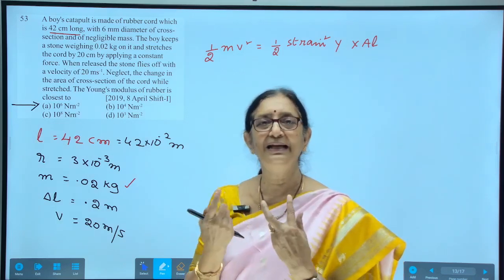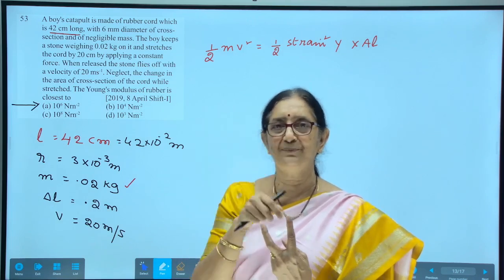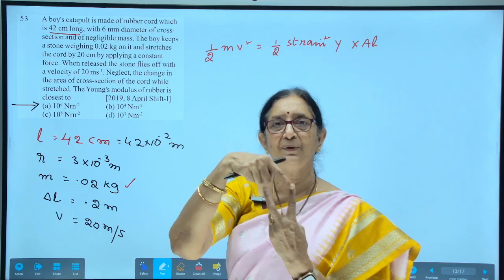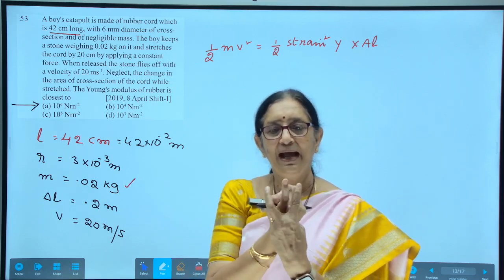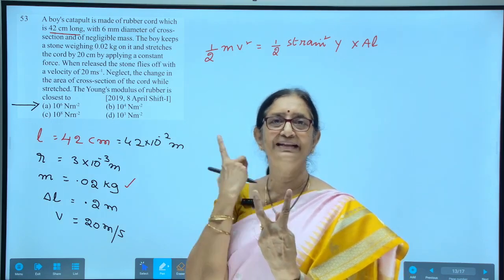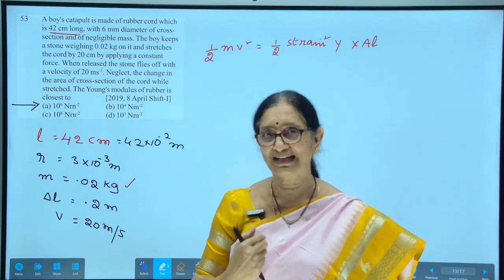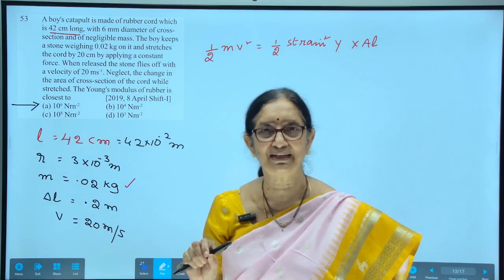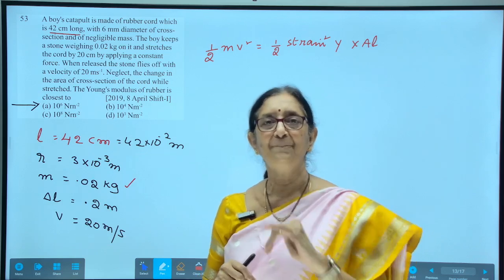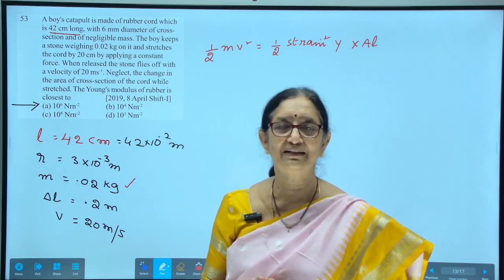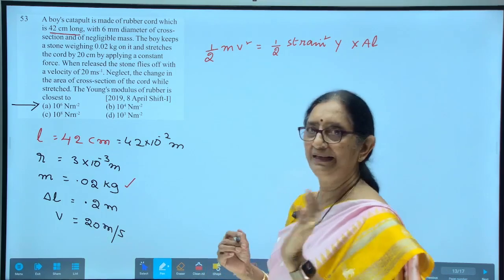So, actually you know the operation of a catapult, isn't it? It will be like a Y-shaped one, and these two prongs are connected by the rubber cord. We put a stone on the rubber cord, and along with the stone we pull it back and then release. So, when we pull the rubber cord backwards, it stores elastic energy. When we release the cord along with the stone, the complete elastic energy will be converted into the kinetic energy of the stone. So, with that it moves off.